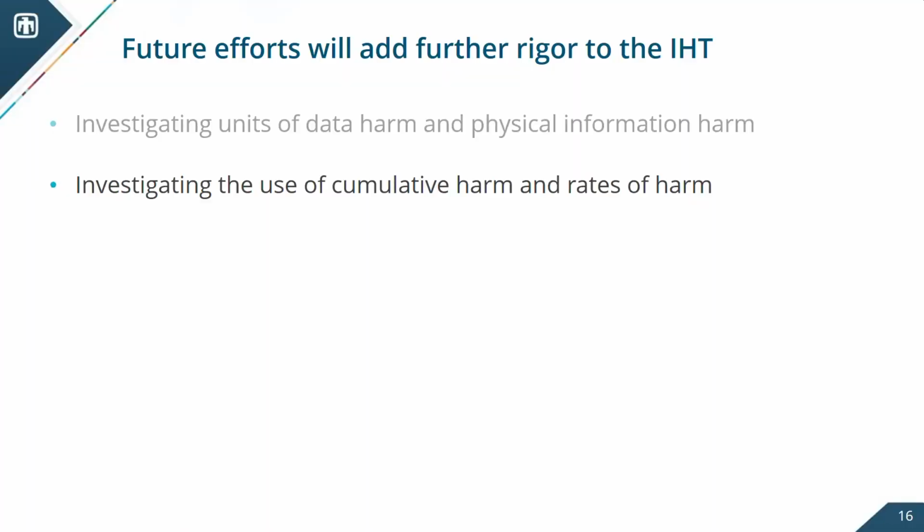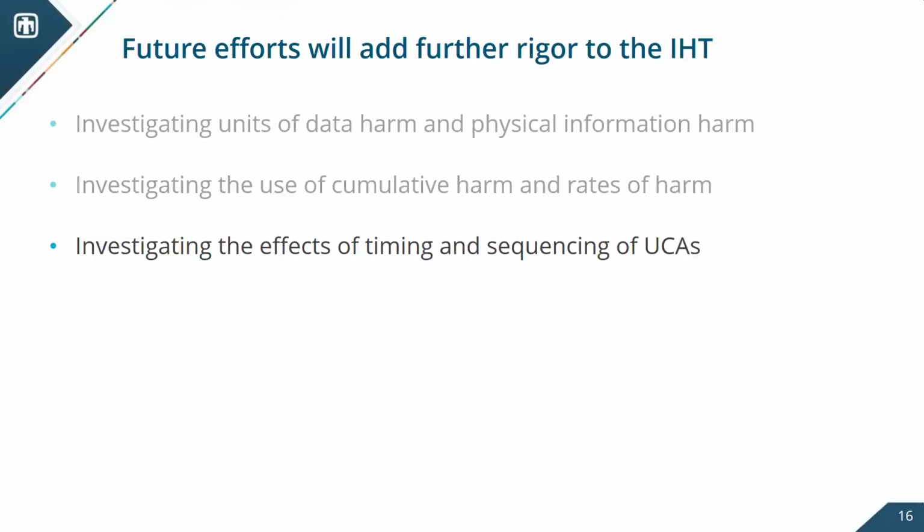We also looked at cumulative harm and rates of harm. So our initial research, as shown in the last one with the reactor coolant pump and the steam generator, does point to that this is rates of harm, which actually was a really interesting finding because I based this concept off of an engineering concept called the power triangle, which is watts, which is joules per second. So it seems sort of coincidental, at least initially, that it's a rate-based calculation.